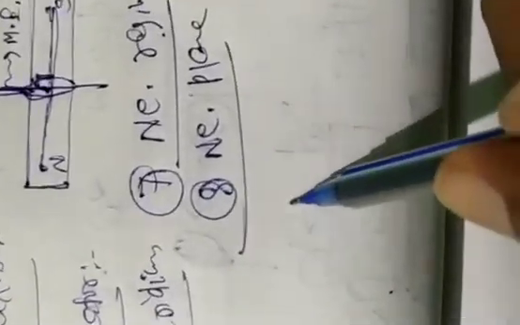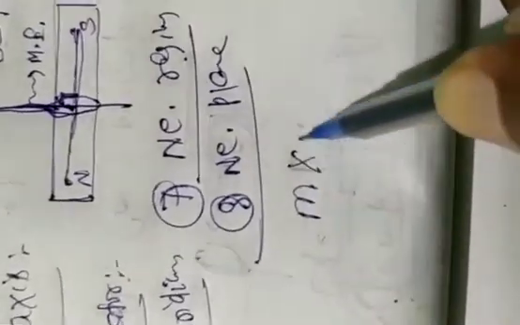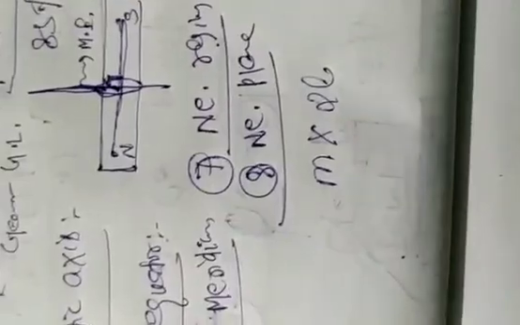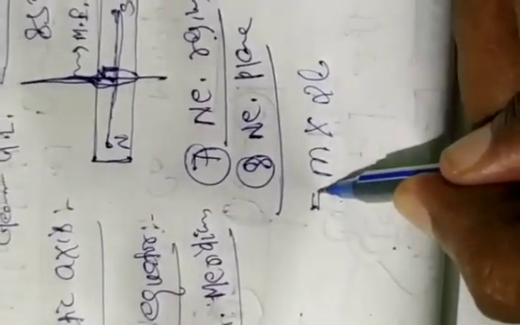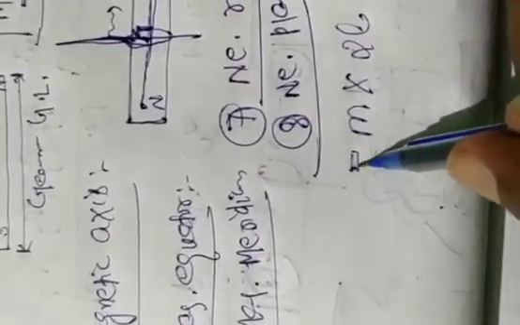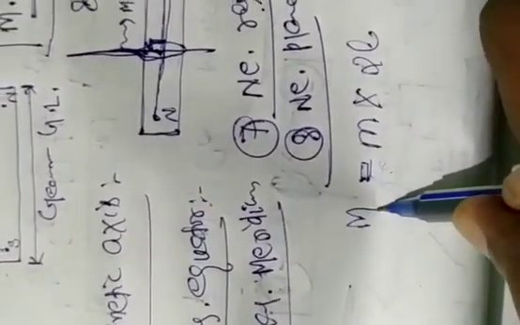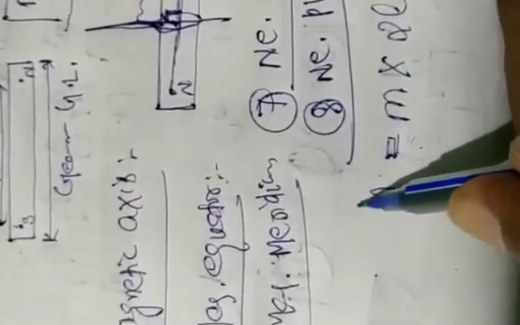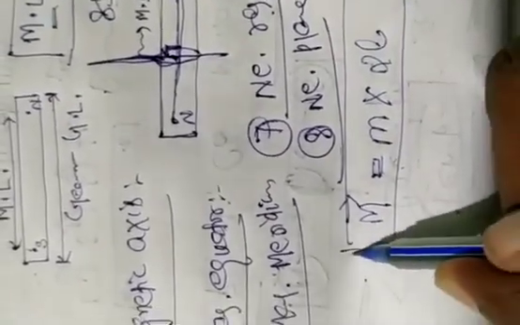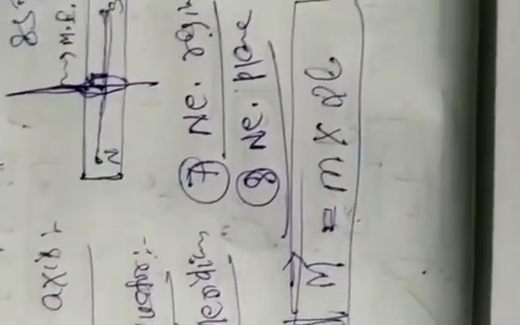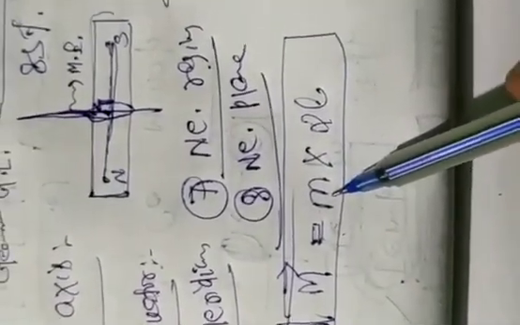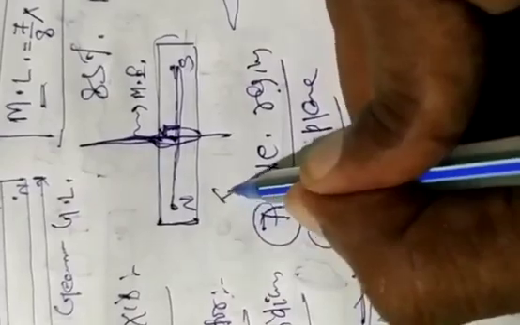The product of either pole strength into length of the magnet is known as magnetic moment or magnetic dipole, and it is denoted by the letter capital M, and it is also a vector quantity. Mathematically, M is equal to small m into 2l, another formula, where m is the pole strength and 2l is the